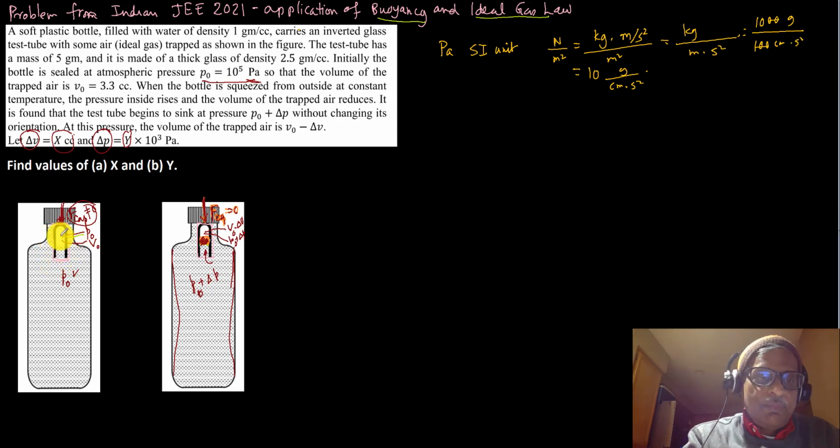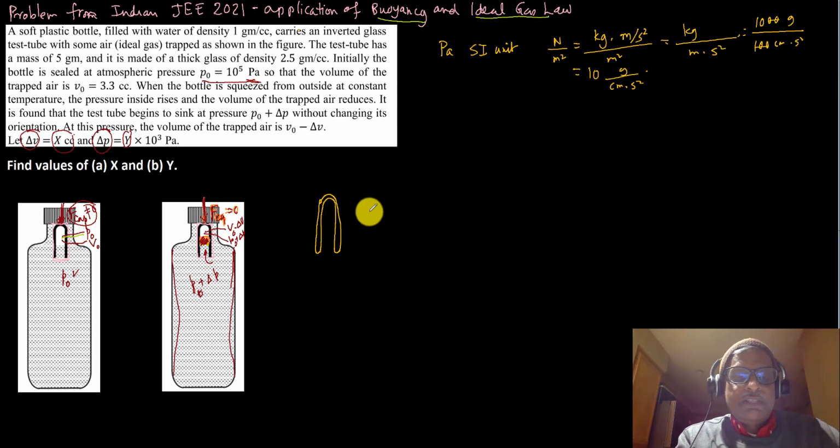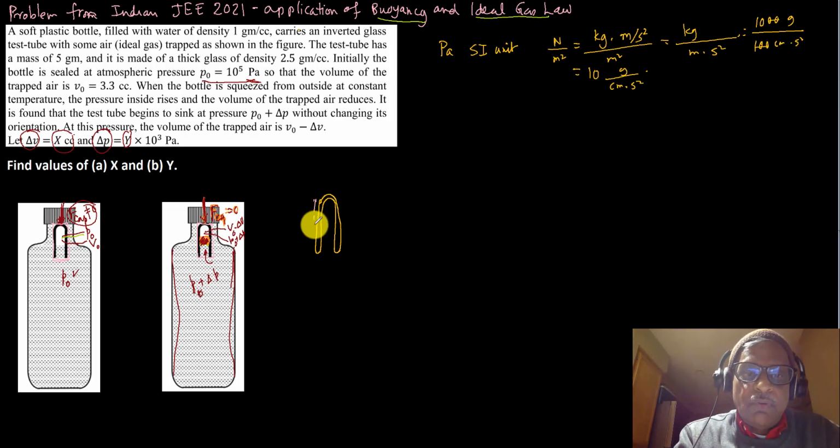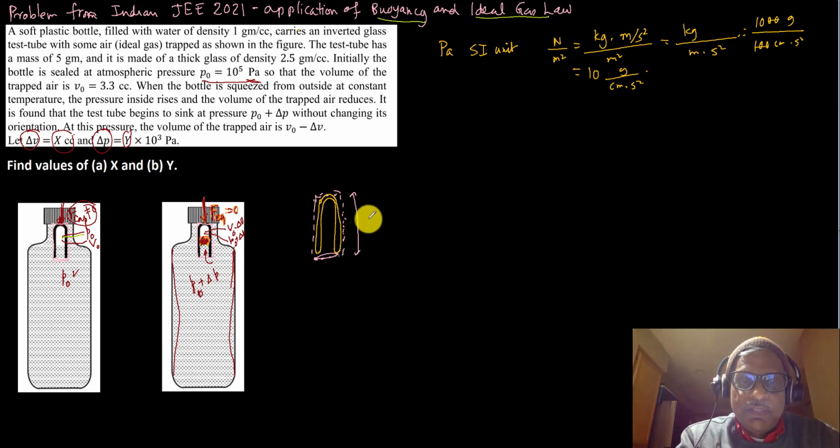If you look at just this test tube, the buoyancy will be given by the volume of this cylinder. So if the test tube has height h, thickness t, and inside radius r, then you can see that the volume displaced